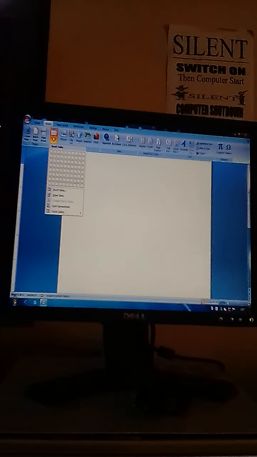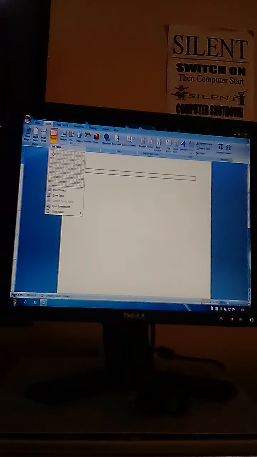When you click on Table, a menu appears here and you will have to click on Insert Table. But dear students, this menu displays the different ways that are used to insert the table on our document. Number one is the grid. Here you see that columns and rows are present.